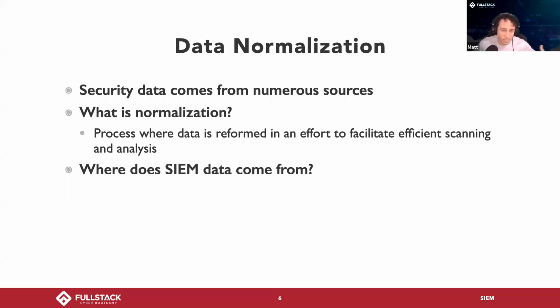So where does SIM data come from? There's three main sources we're going to be getting our data from. There's agent-based. And agent-based is when you have some kind of service that's installed on a host that's going to log information, filter information, and aggregate the information and normalize it right there on the host, and then send it to a SIM server. So it's like something that already lives on the machine. It's collecting logs. It's going to format it. And then once it's all nice and formatted, it's going to package it and send it over to our SIM